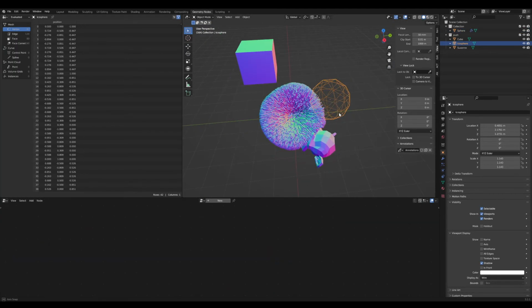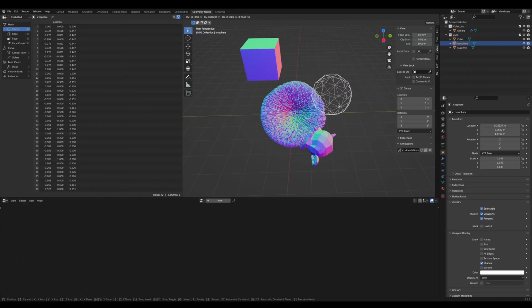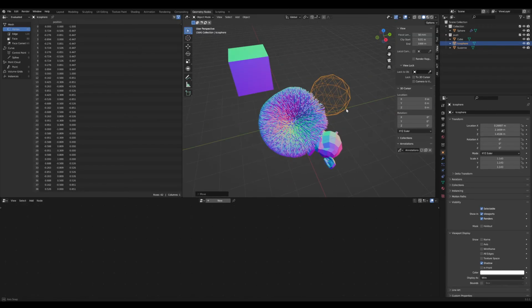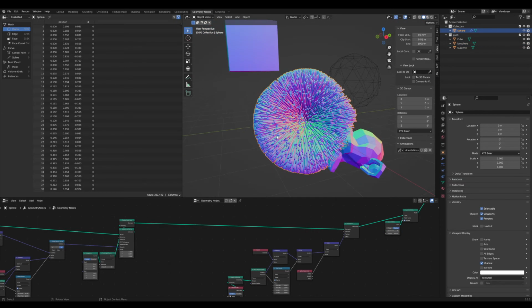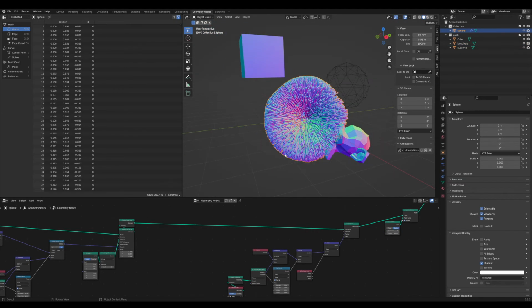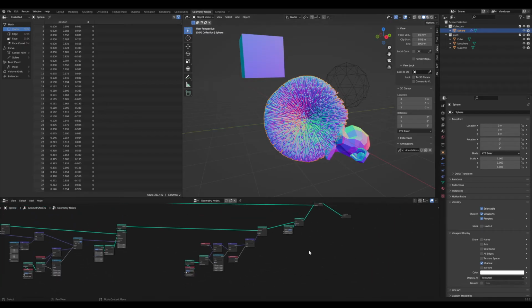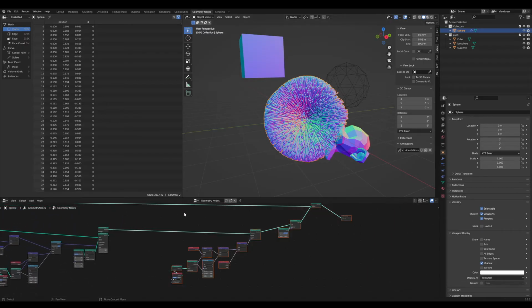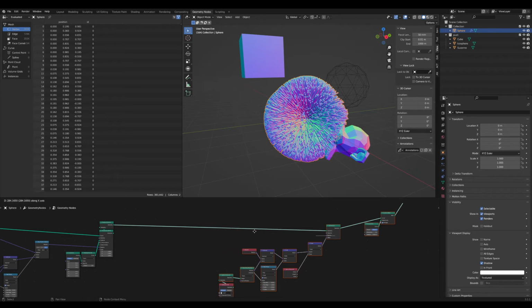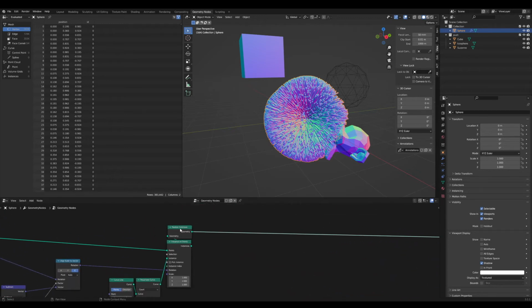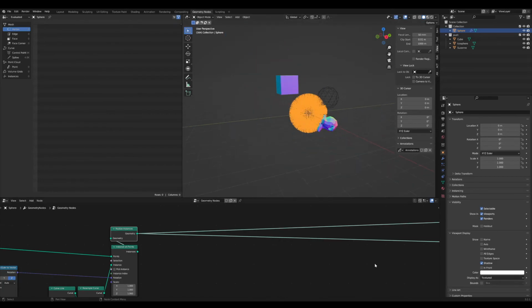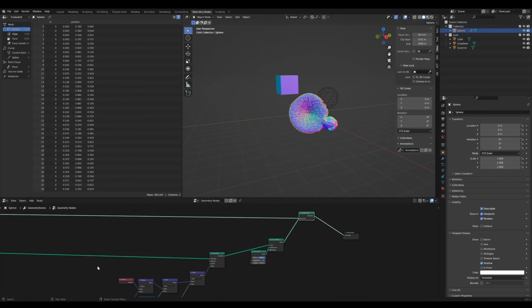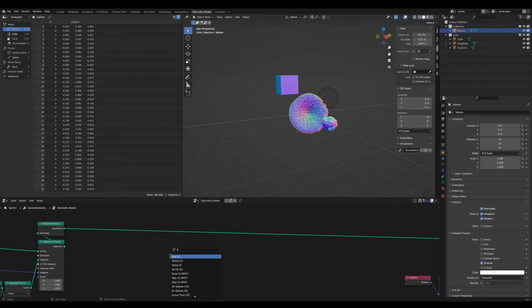So yeah, that's basically the whole setup. And now I only want to do some polishing, maybe animate this a little bit, and also test the setup on a plane to create like this grass effect. So first, for the animation, I think after realizing our instances is a good point to do this animation. So here we use a set position node